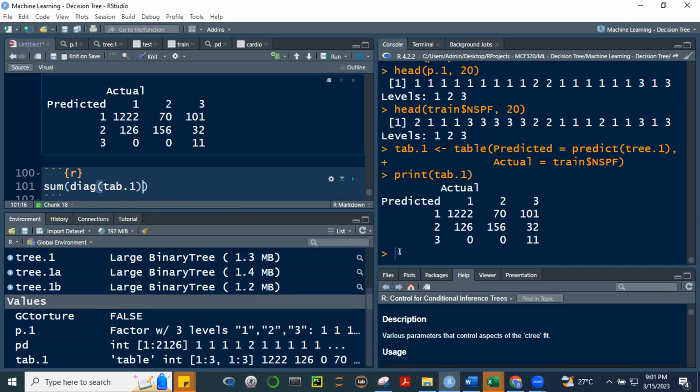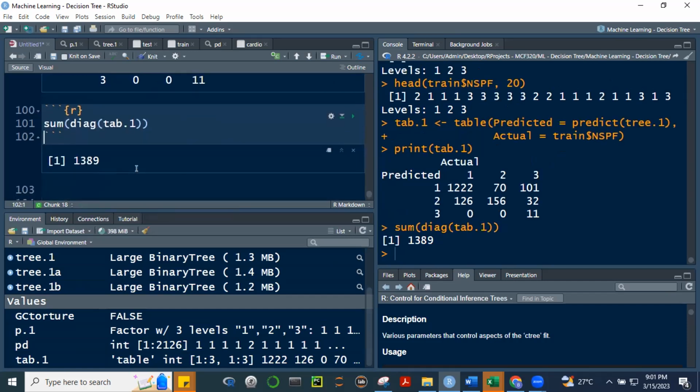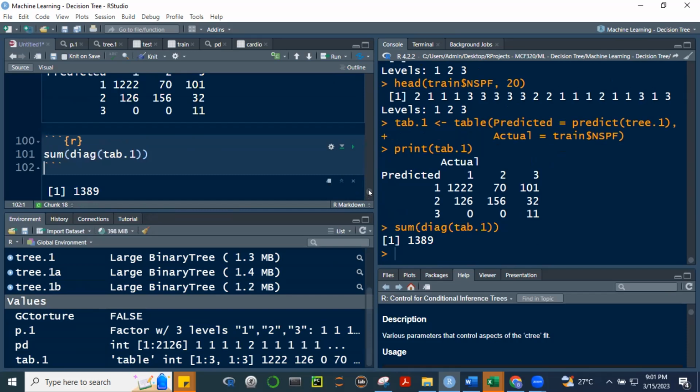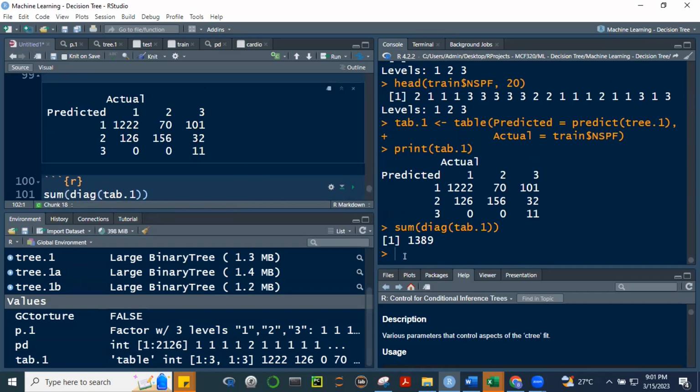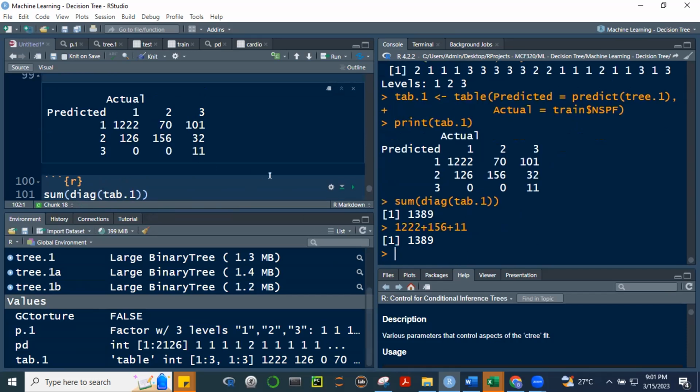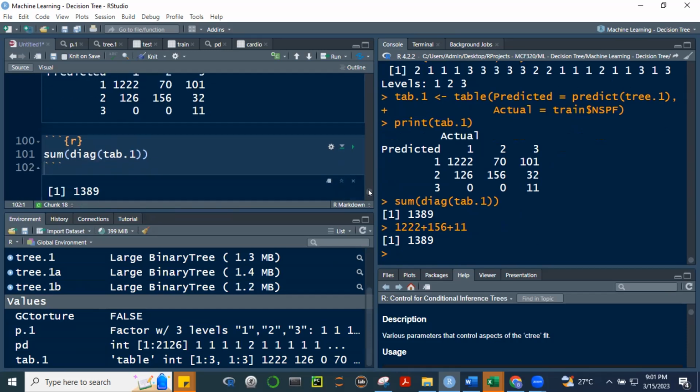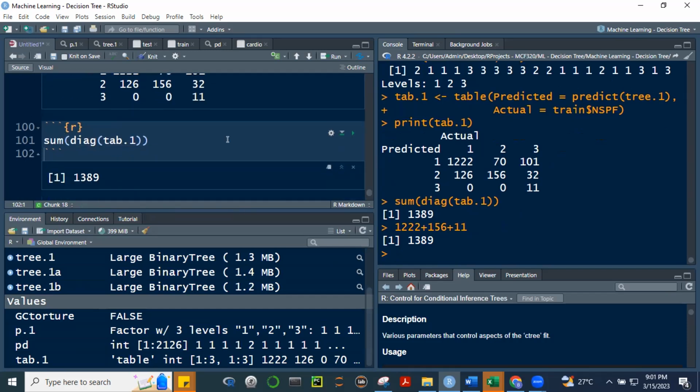Okay, so that will give us 1389. 1389, check nyo lang ha, 1222 plus 156 plus 11. So yung tamang predictions natin, yung nasa diagonal, and that is 1389, which is correct. No? So tama yung function natin dito, 1389.